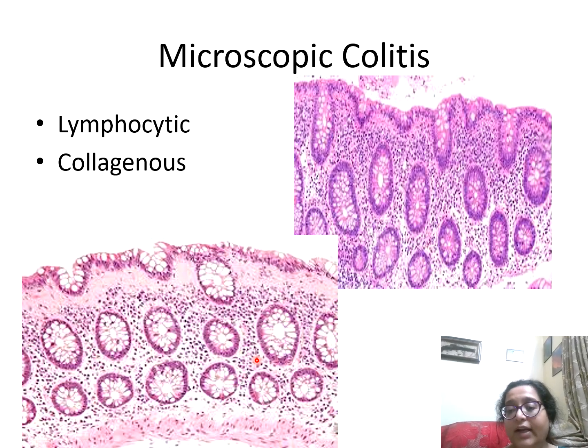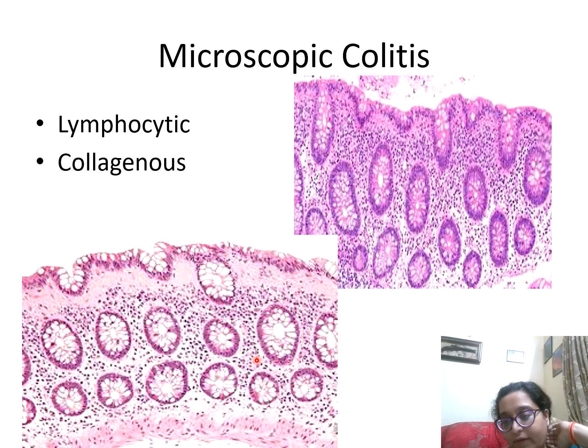But because you're not getting any other findings of activity or chronicity, and for that there are multiple scoring systems available. I'm talking of the pathological scoring systems, not the pediatric PUCAI scoring. PUCAI scoring is for the clinician to grade or label their IBD. I'm talking about the histopathological scoring systems that are available. There's Nancy's, there's Geboes, and there are many more, and you can use any one of them. A lot of other scoring systems are still being worked upon.